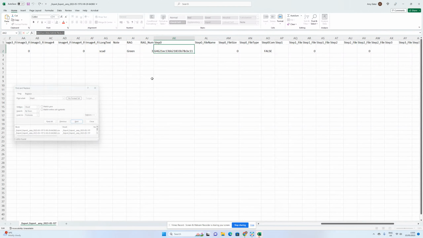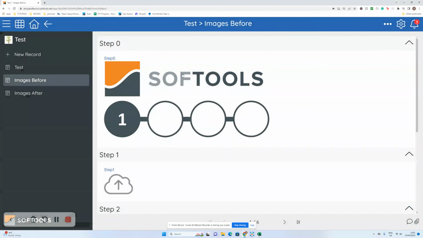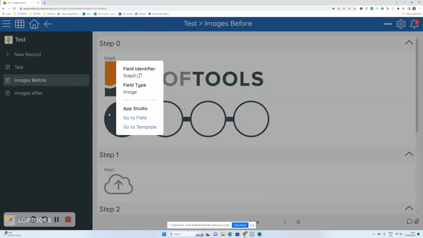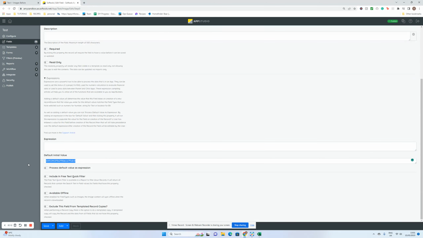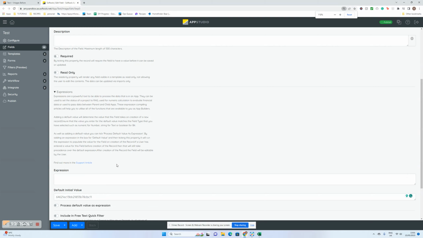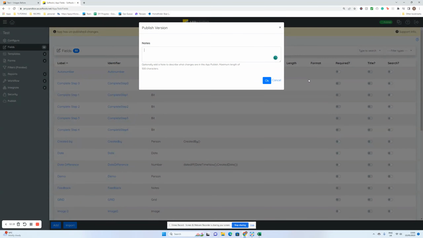So you copy this, come back into SoftTools, and then you'll need to go to the field that you want, so this one, go into Expression and paste it into your default initial value. This will mean that any new records that are being created will immediately have this image within the field. So save, publish,